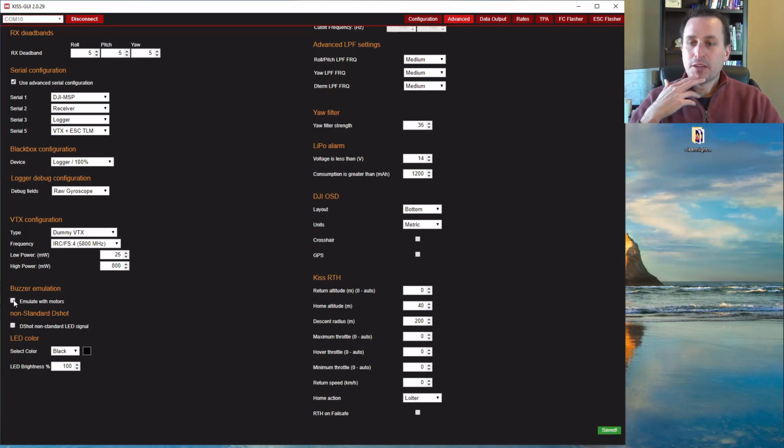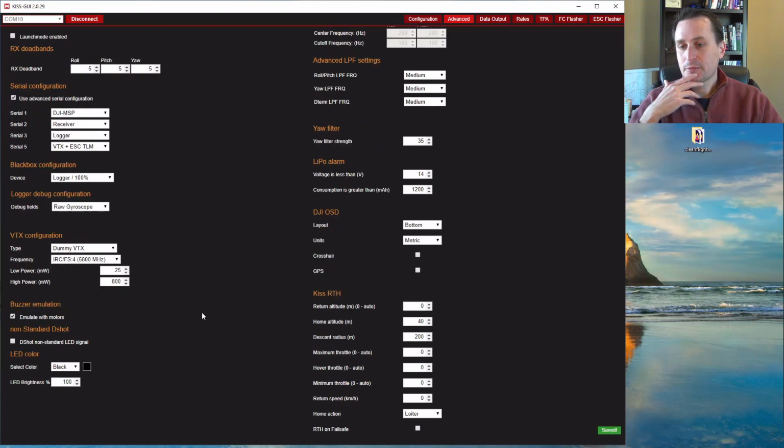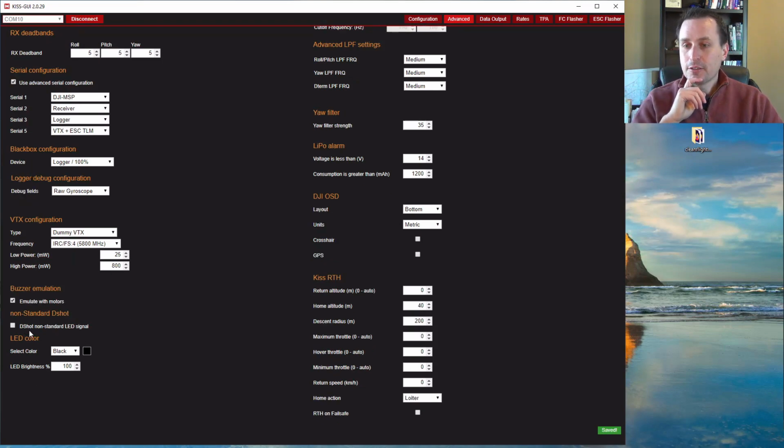Next down here is buzzer emulation with the motor, so I'm going to check that on for me personally because I don't have a buzzer wired up, so I'm going to use the motors as the buzzer. So never fly without a buzzer for sure. Down here we have LED selection, so you can pick different LED colors and set the amount of brightness, and